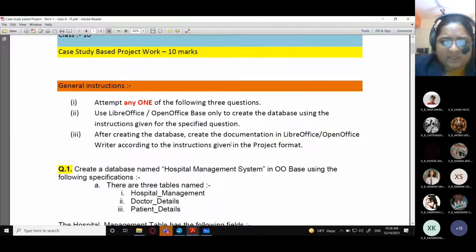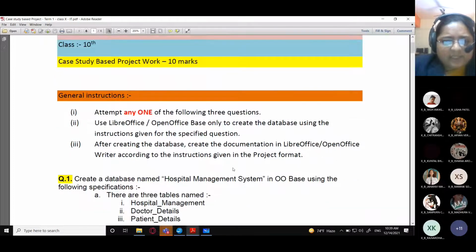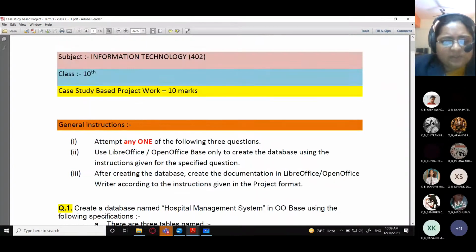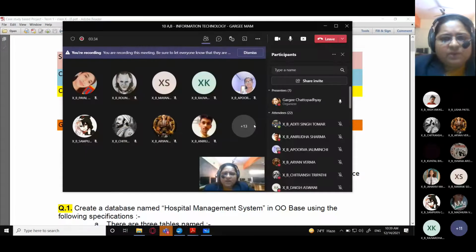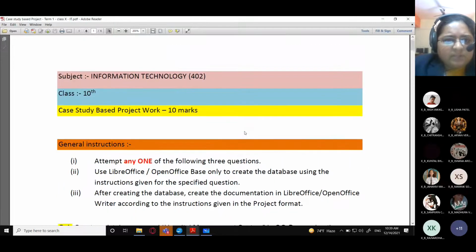It is not complete yet, because in your term 2 you will also have to design queries, reports and forms on your database. So we are going to see the initial part of that right now, because many of you were still confused about how to create a table and how to create a database. Everybody please look here. This will be a revision for your term 1, because until some part of the database is clear to you, we will not be able to proceed with creating forms, reports and